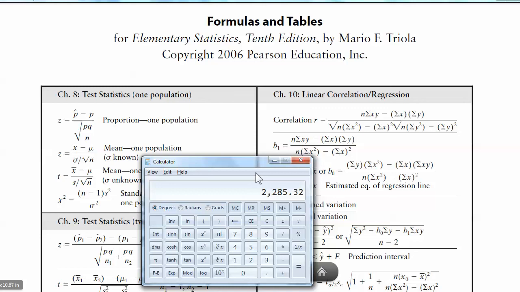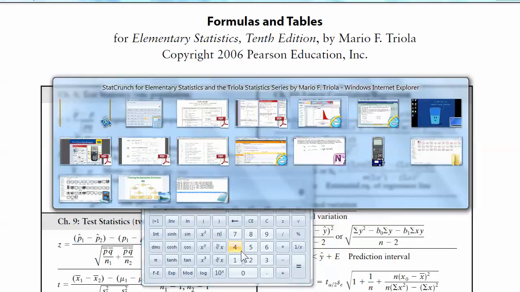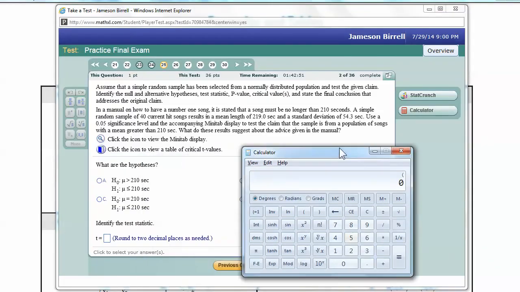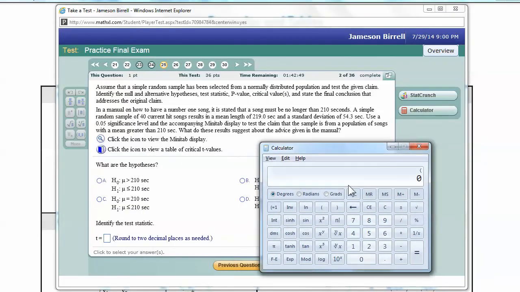Okay, so I'm just going to calculate that. These parentheses aren't really necessary here because my calculator is a scientific calculator. It can do it, but I've got x bar of 219 from the sample minus what I'm assuming to be the population mean, if it's true according to this manual,